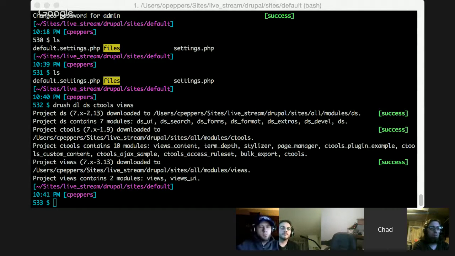It allows you to create extremely complex SQL queries in a matter of minutes without knowing anything about SQL. Dude, a left join, an inner join, and a right join all in the same statement. Like how? Yeah, it's pretty powerful. It's really the meat. Content types, view modes, and views are the meat and potatoes of Drupal. If they didn't have that, it would not be as powerful as it is.